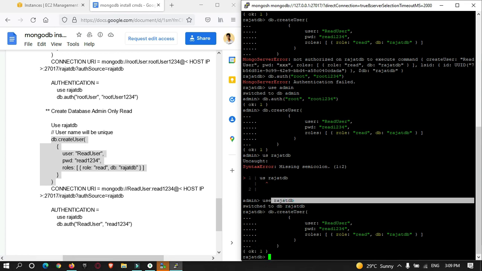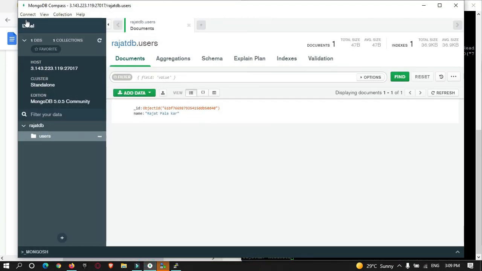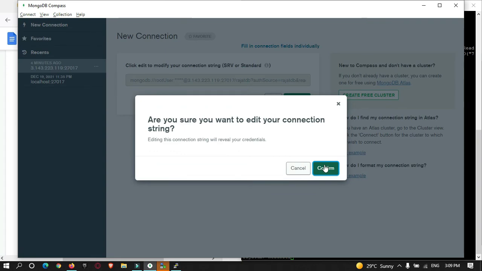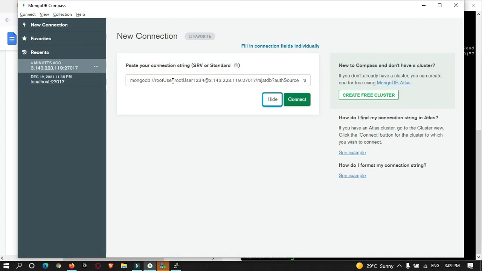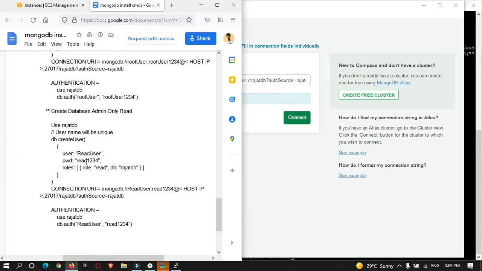Okay, so now let me use this username and password to get authorized. So let me sign out from this, disconnect, edit. Okay, the user is read user and the password is read1234, and the database is this one.